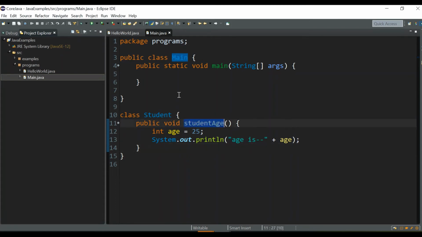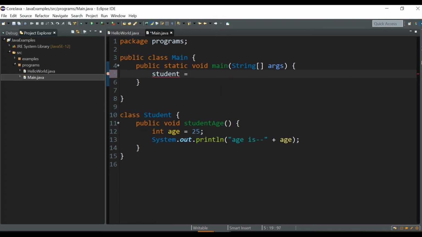Now to call this function, we have to create the object of this class, that is Student. So how to create the object of the class? We know when we declare any variable like this, we will have a data type, a variable name and a variable value, right? Just like that, let me first give the variable name, or you can say the object reference, because that variable is going to refer to the object. So let me give some name, student. You can give any name, okay, student.